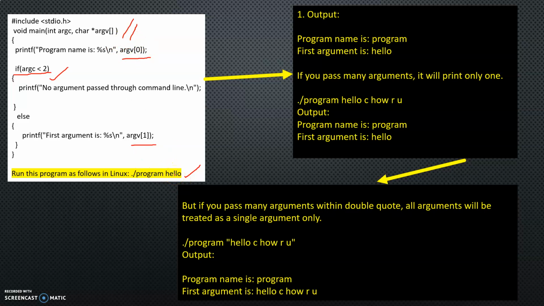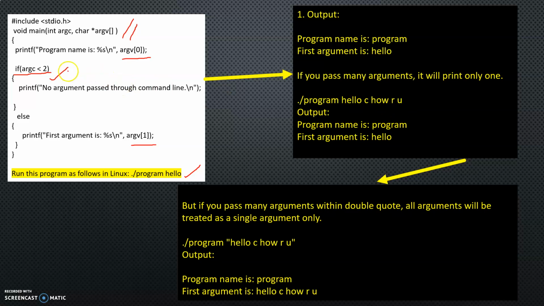So you can easily control how many arguments you are passing. Instead of writing integer a, b, c, d, where you don't know how many variables you are declaring, we write directly here. No problem in it. 0, 1, 2, 3, 4 are the indexes. The first element is the file name. If I write dot slash program, then hello, and beside hello I write 4 more elements, like C, how are you, it will take only hello.